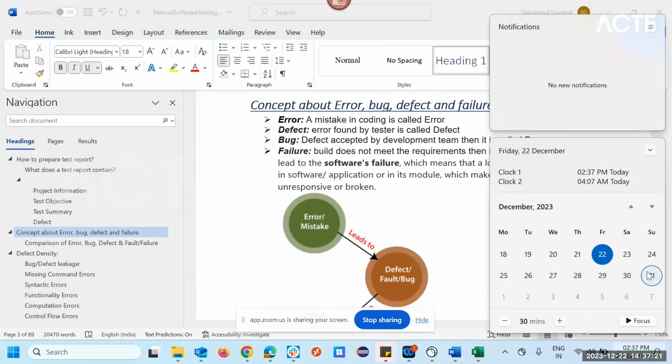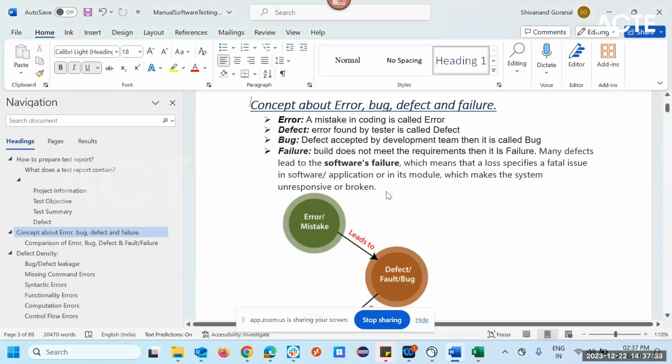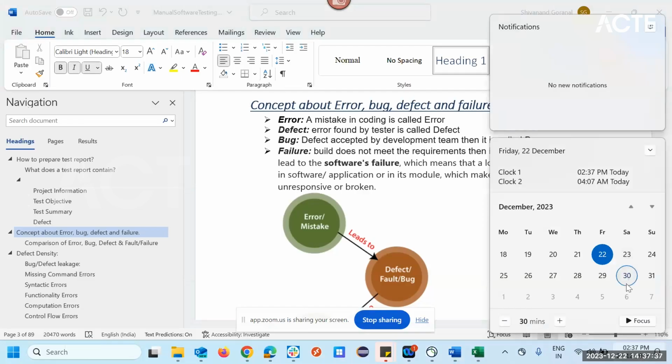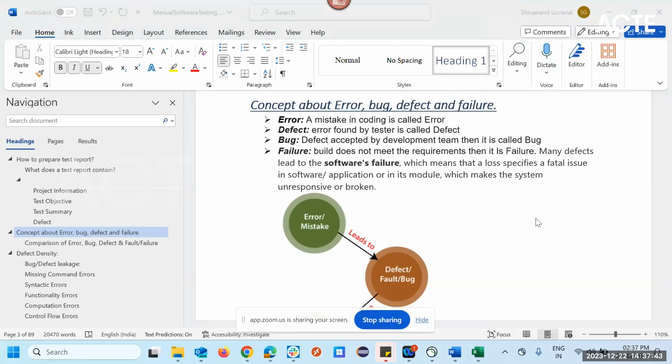No problem on the weekend, because we are lagging behind almost 4 days, since I'm going very slow because you guys are new, right? By this week I had targeted to complete manual testing, but we are still lagging behind. We'll see on some weekend or somewhere if you get time. At least if you know software testing manually, then it is good, because next, if you start automation, it is